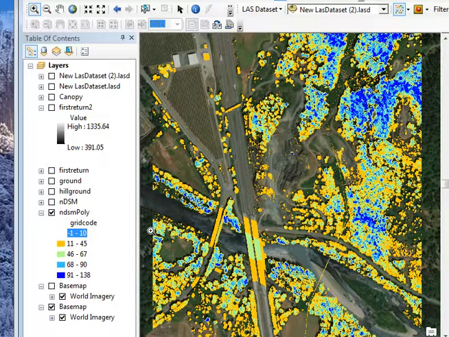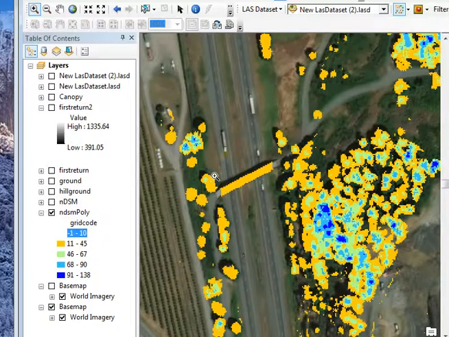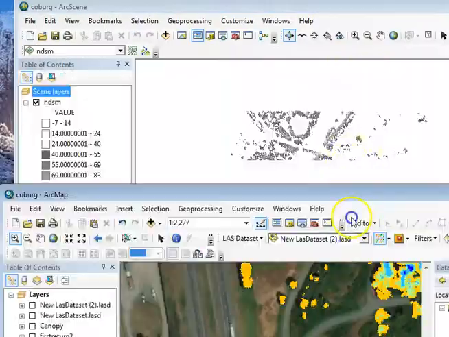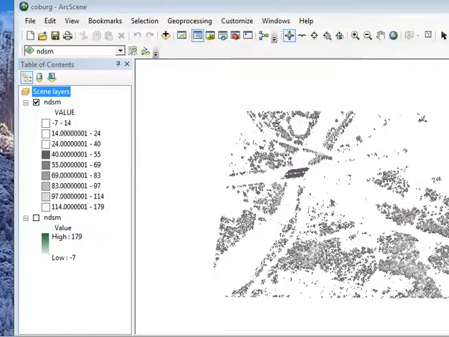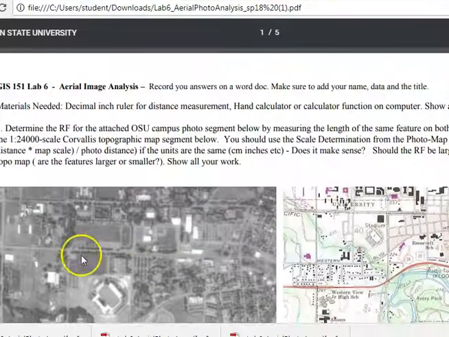But I think for the skills that we have at this point, you could easily go into your polygon file, select those, and delete them, and get a fairly decent percent of canopy in a region. So this is definitely one of the possible project ideas that you can do. So what you're doing this week, I'm going to stop that because